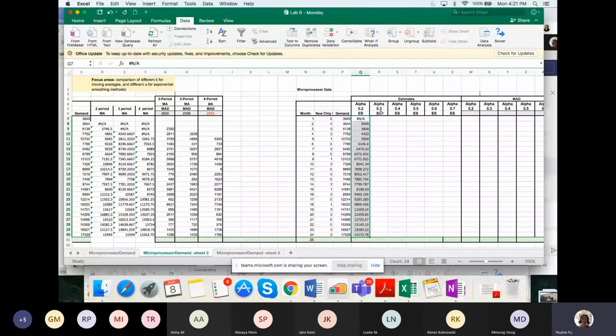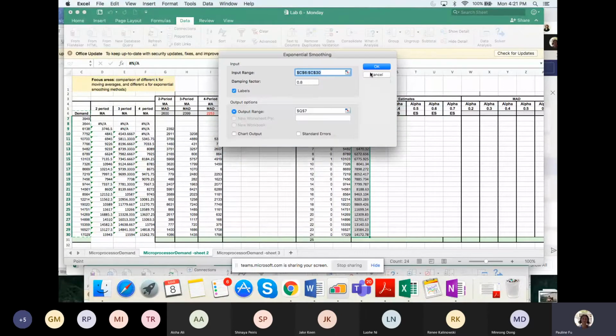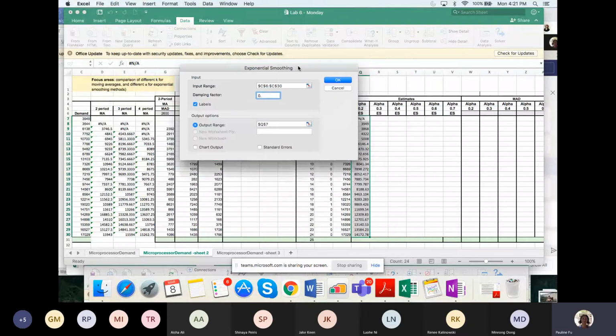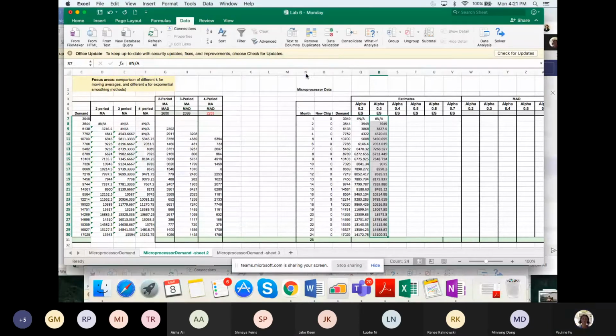Do the same thing when alpha is 0.3, 0.4, 0.5, 0.6, 0.7. Okay, so just repeat yourself a couple of times, exponential smoothing. So this time, alpha equals 0.3, damping factor 0.7. Output, I want to put in R7. Okay. So next time,